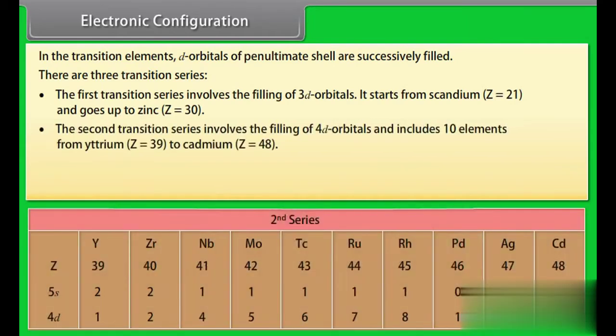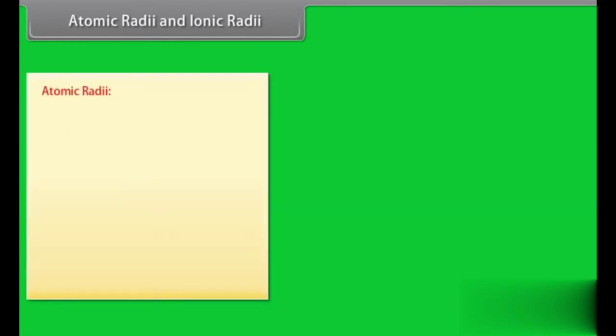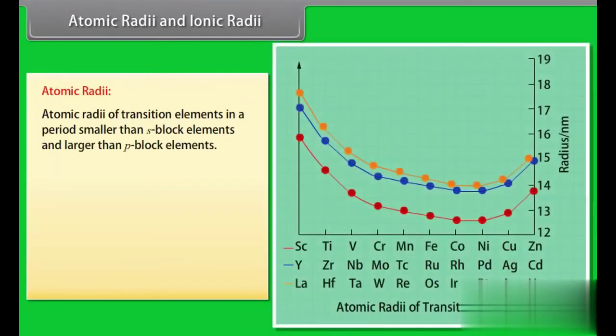The second transition series involves the filling of 4d orbitals and includes 10 elements from yttrium to cadmium. The third transition series involves the filling of 5d orbitals. It starts from lanthanum and goes up to mercury. Atomic radii and ionic radii. Atomic radii. Atomic radii of transition elements in a period are smaller than S block elements and larger than P block